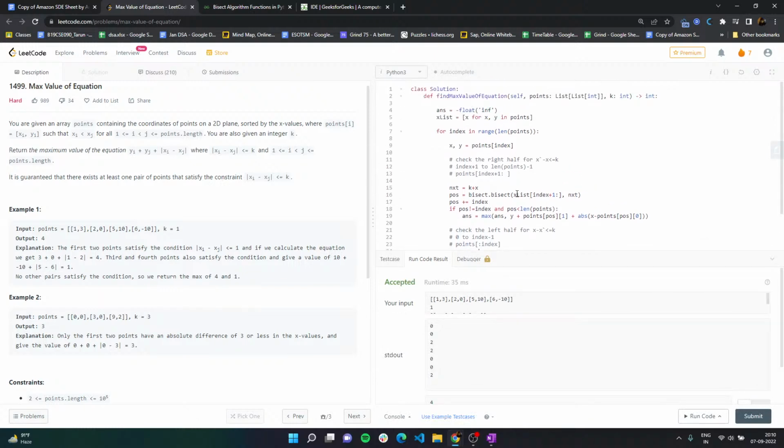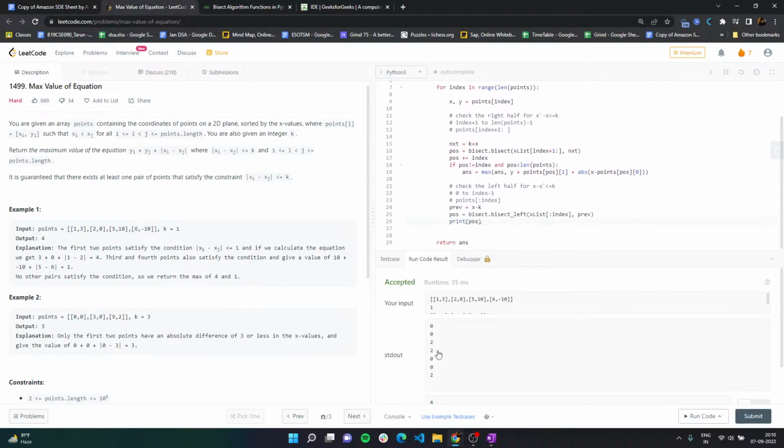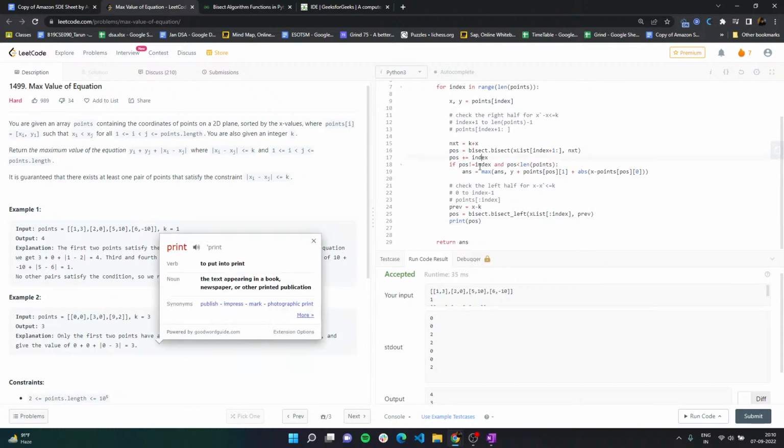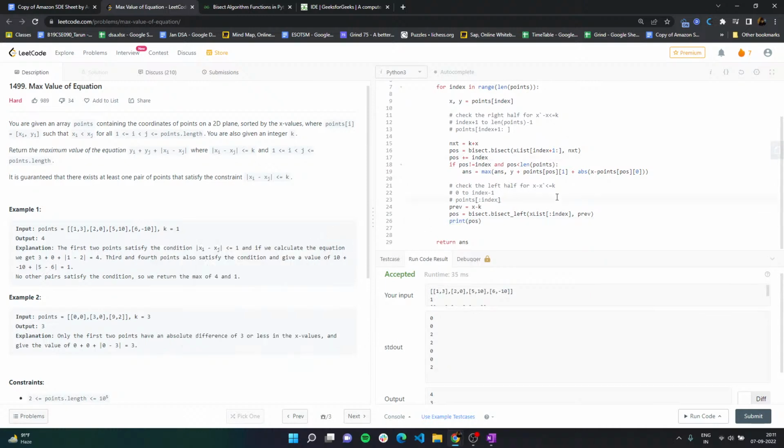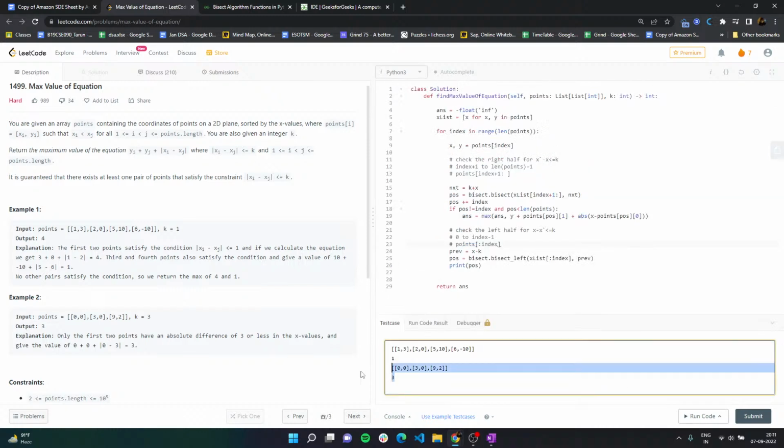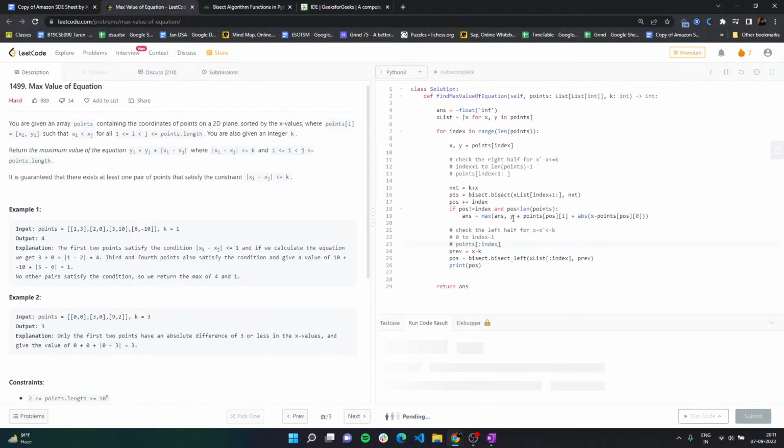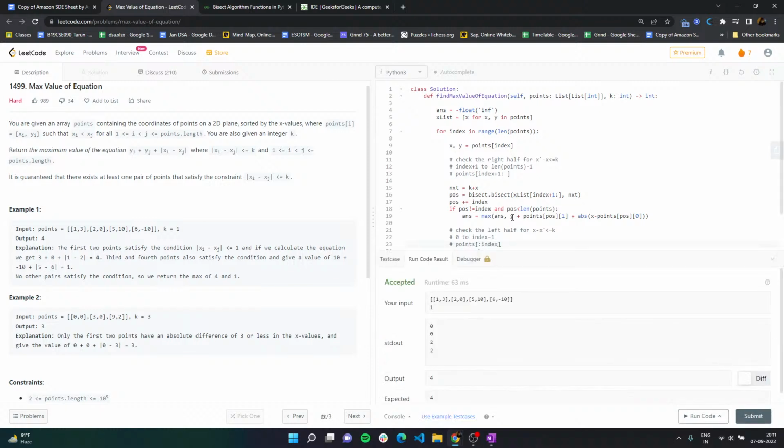So first of all, my concern is that it is printing too many things. Do I have another print statement? I do not. Then why is it printing too many things? That's a good observation. Yes, because we have two different test cases that we are running simultaneously. That's why it's printing too many things. Anyways,